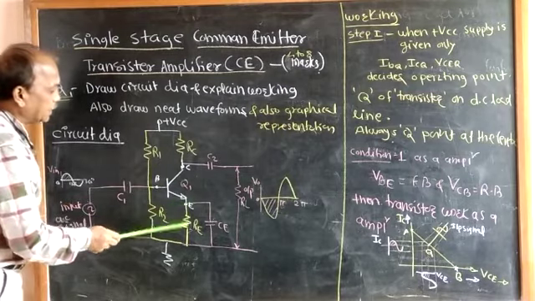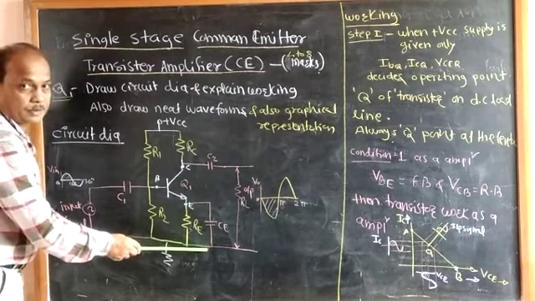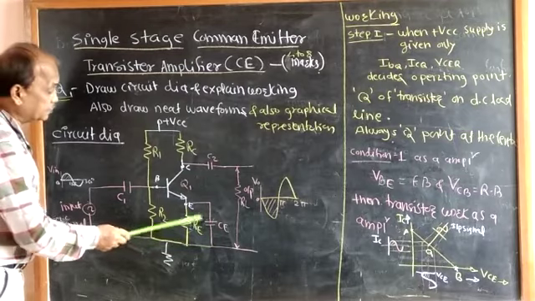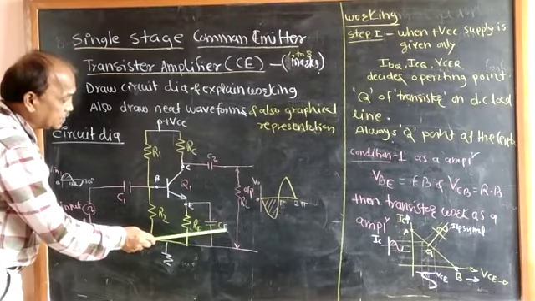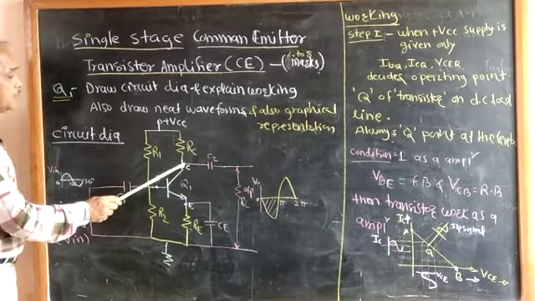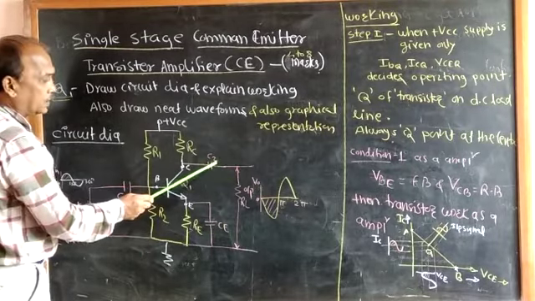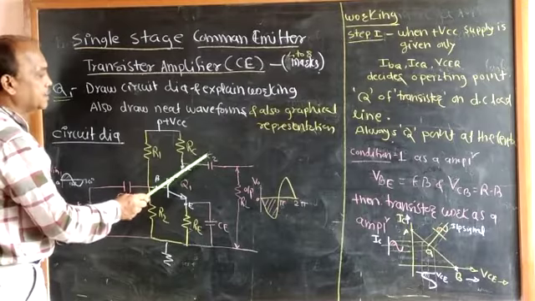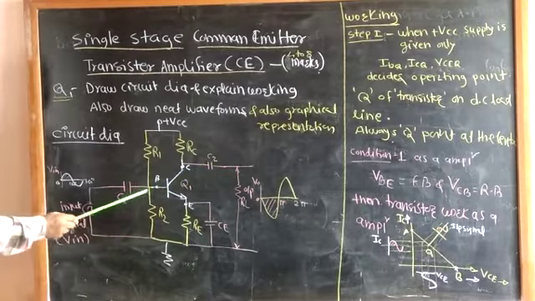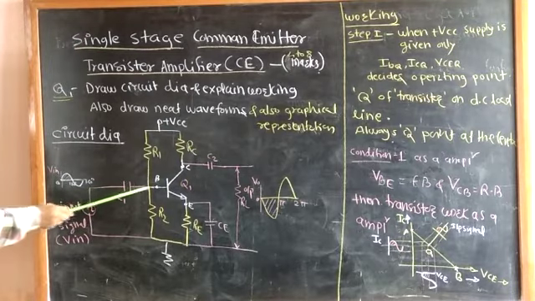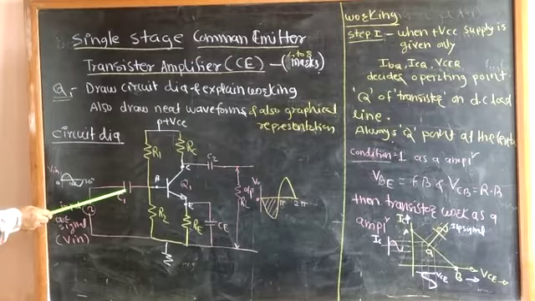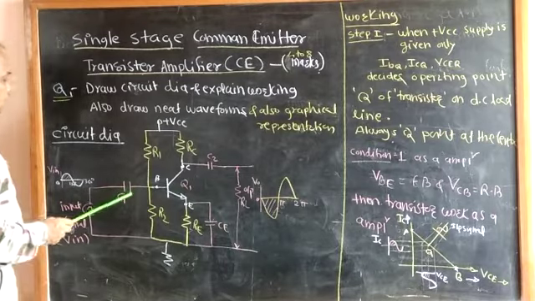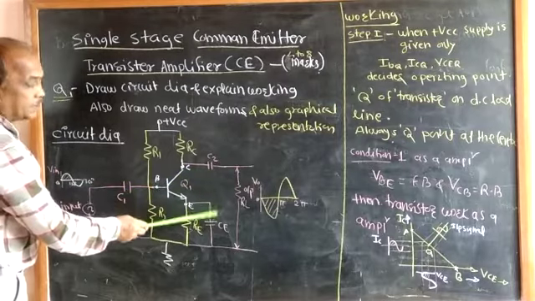Now at the emitter terminal we are connecting one capacitor, known as the bypass capacitor, between the emitter terminal and ground. This is known as CE, the emitter bypass capacitor. Similarly, from the collector to the output side we are connecting a coupling capacitor, known as C2. Similarly, between base and input, we are connecting another capacitor, indicated as C1. So totally we are using 3 capacitors: C1, C2, and CE.